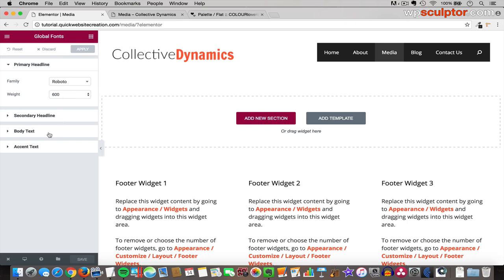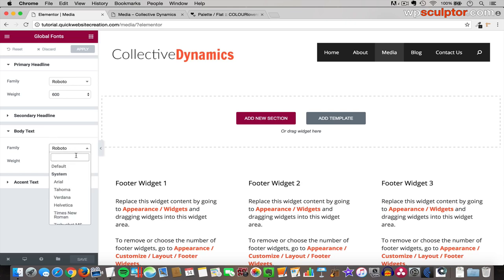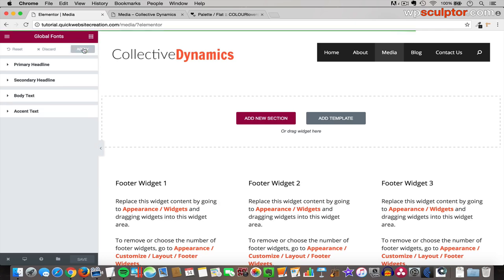But we are going to change the body text, and I'll click on that to bring down the options. We're going to use the same Open Sans font for all of our body text, and this is the font that we used for our Generate Press font setting, so the same font that we have in our menu, for example. So I'm going to change this where it says Roboto, just click on that, and I'll type in Open Sans, and that's going to pull up. I'll click on it. And so all of our elements that use body text, such as our text editor elements, will automatically have this Open Sans font. So I'm going to click on Apply,